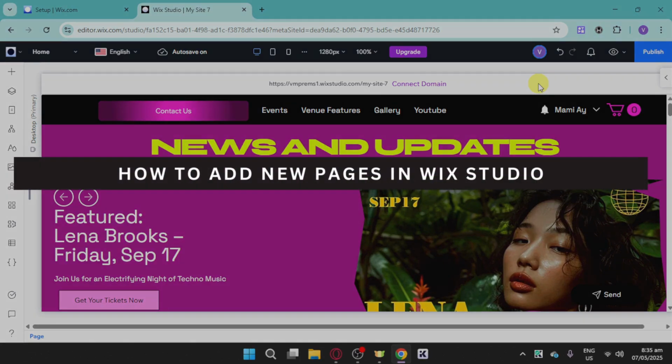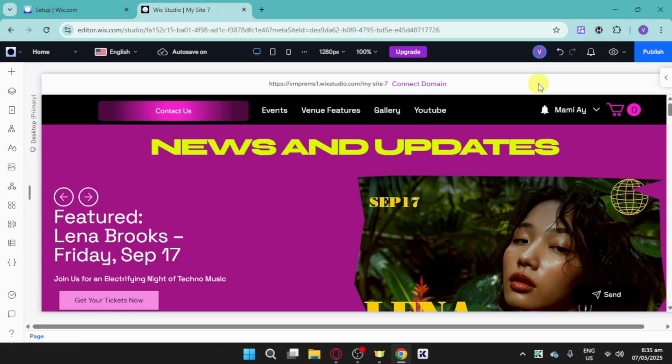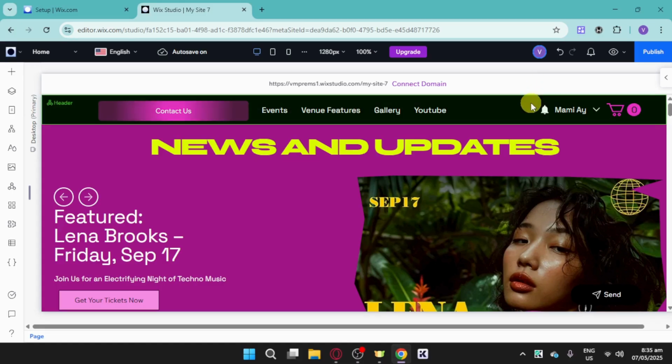How to add new pages in Wix Studio. So in order to add a new page in your Wix Studio, first things first, head over to your Wix